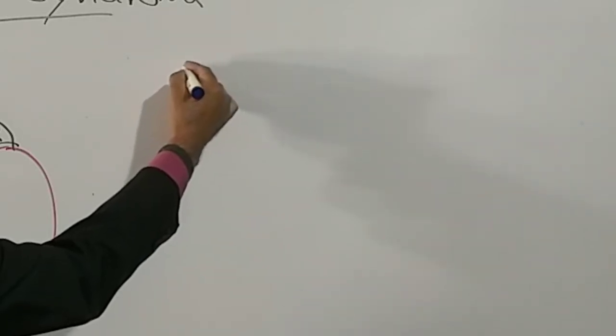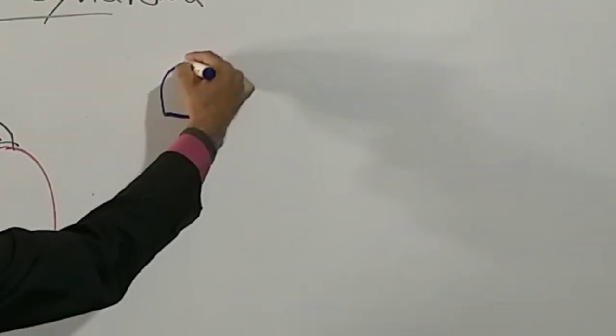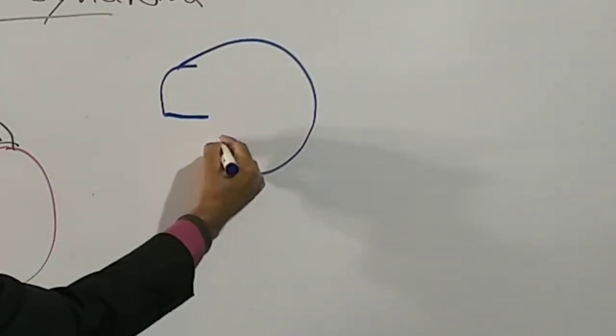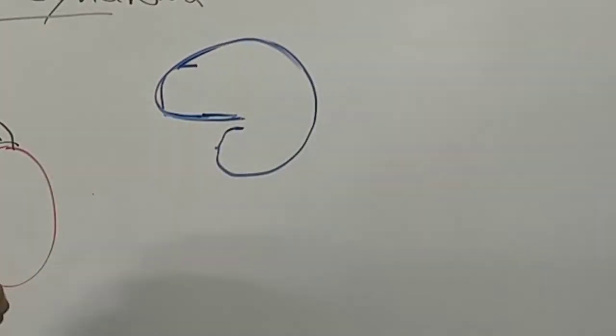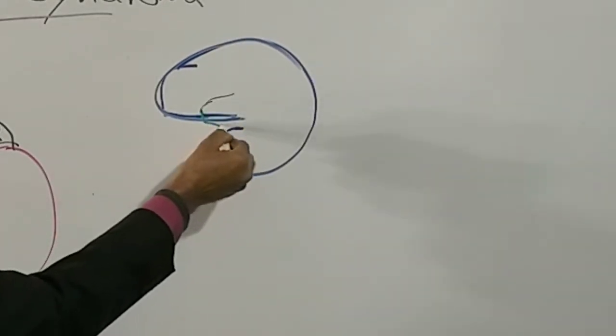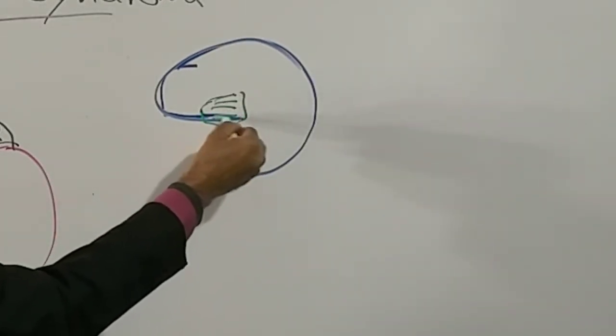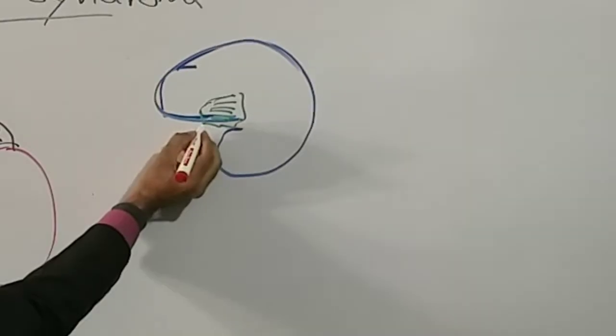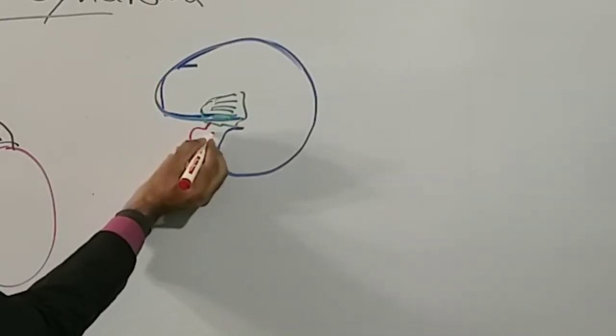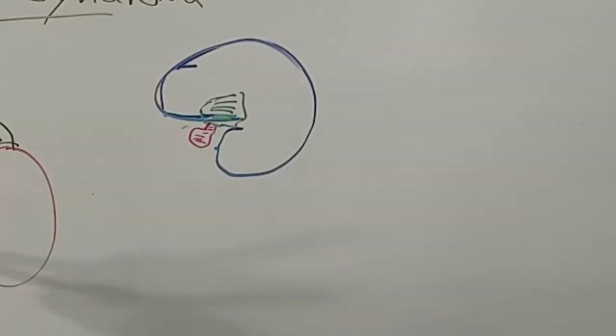So other body parts which are important in terms of Cushing syndrome, let's go towards the brain. This is our brain. Now in our brain there is a part which we call the hypothalamus. This is located somewhere here, and underneath the hypothalamus is a very important structure which we call the pituitary gland. This is the pituitary gland, and it's located in the sella turcica part of the bone.